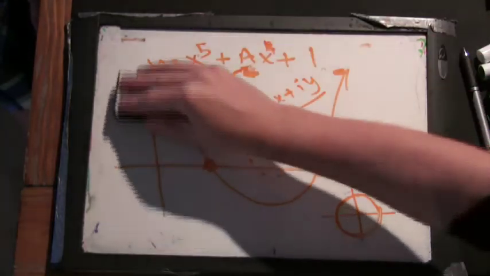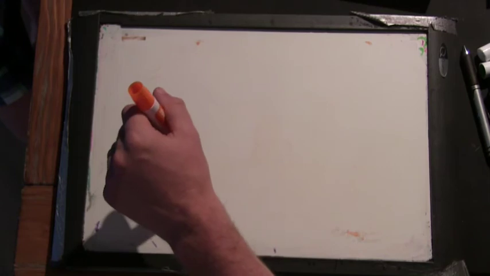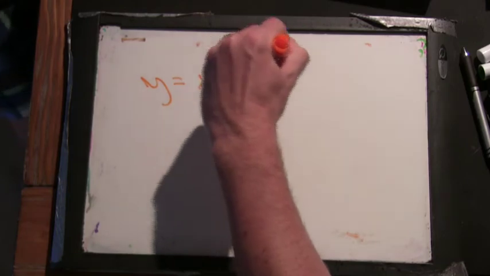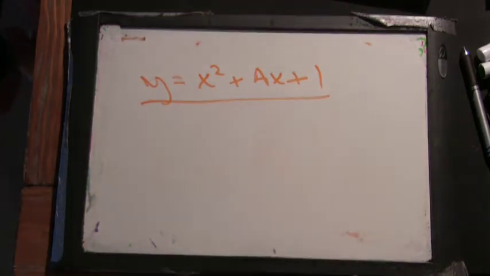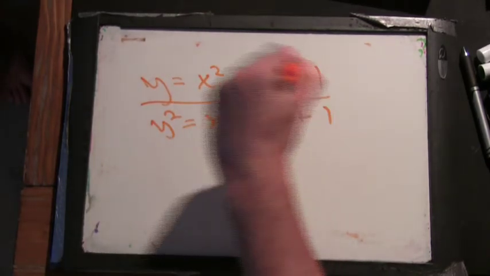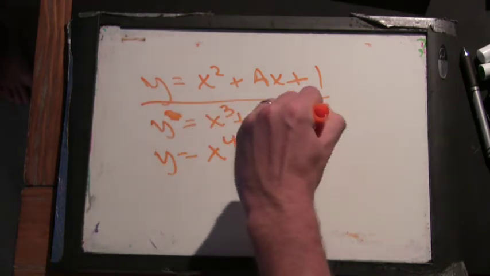So, a neat thing that was discovered, I think in the 1800s, although I didn't do a lot of preparation for this because I just saw the form of this thing last night. So you have y equals x squared plus ax plus 1. It's known how to solve this equation. How do you solve this equation? You can use the quadratic formula. There's actually a formula that just gives you the two roots of this. For the next equations up, x cubed plus ax plus 1, and y equals x to the fourth plus ax plus 1,